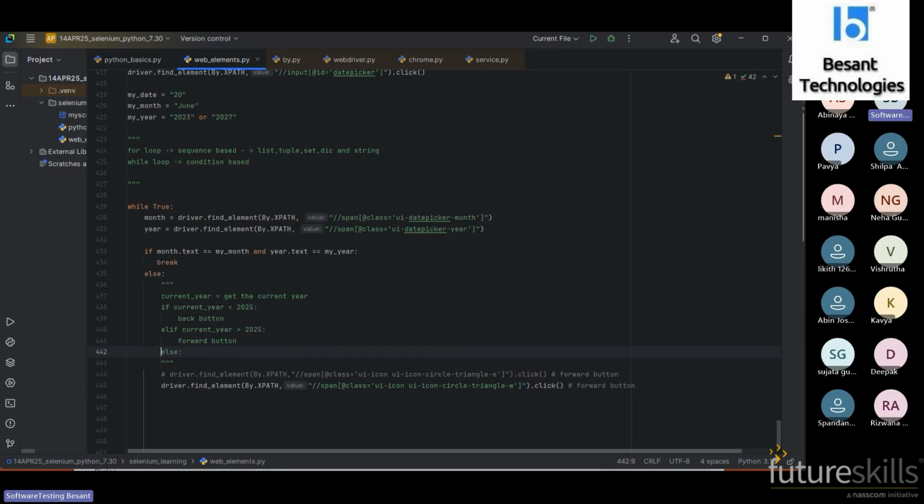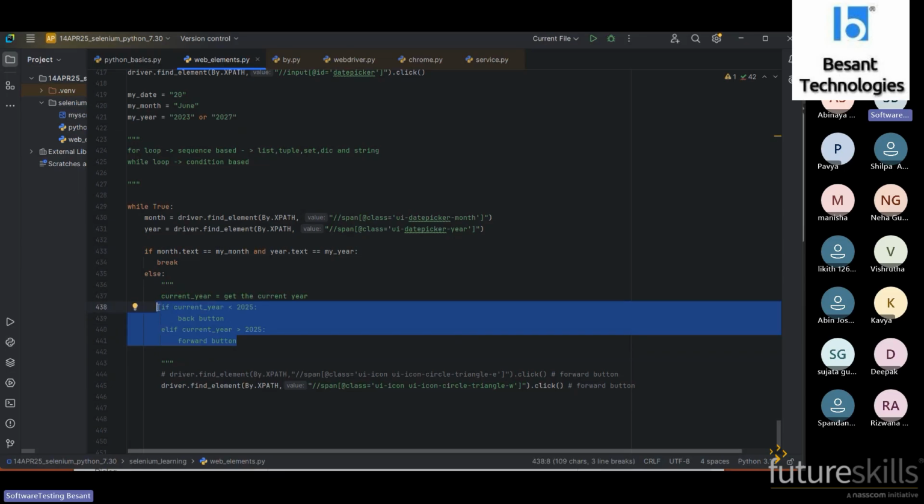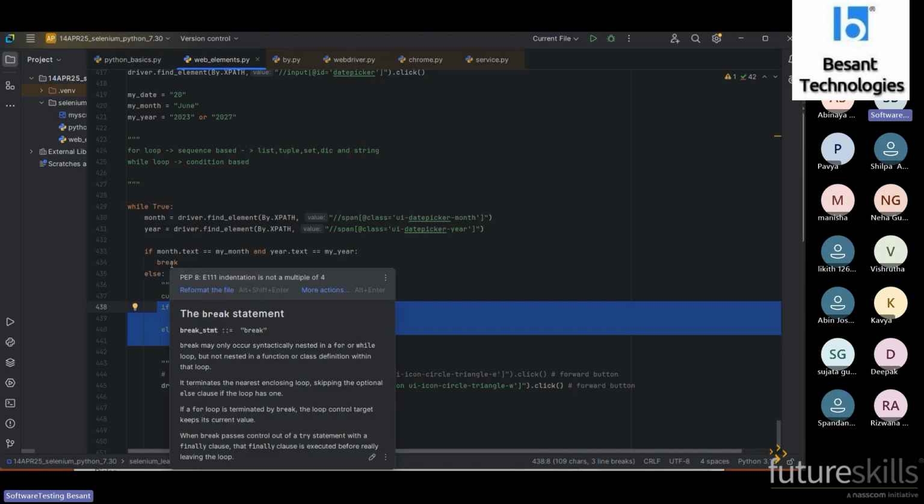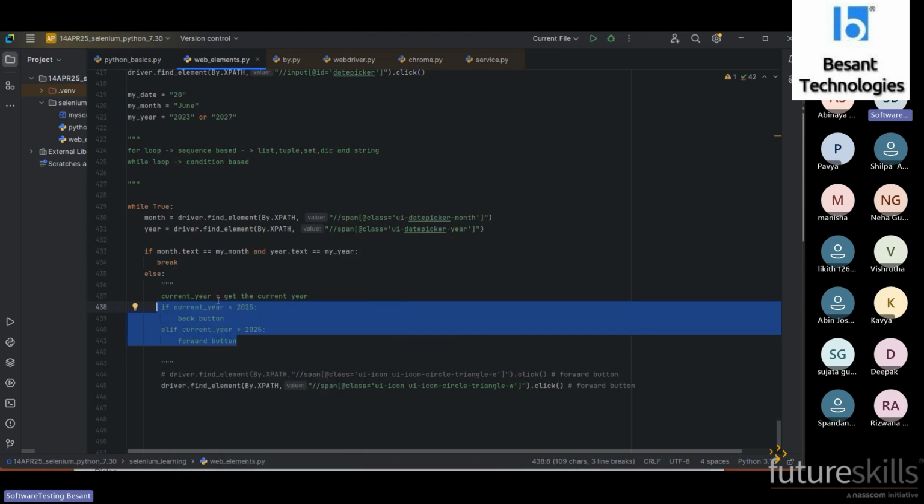What are we supposed to do here? If it is the same year, in the else condition we don't want to do anything, because if these two conditions are not matching, it will be the current year, and it will only go into the if condition. It is not coming into the else condition.